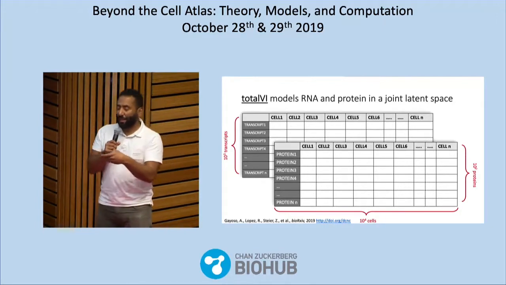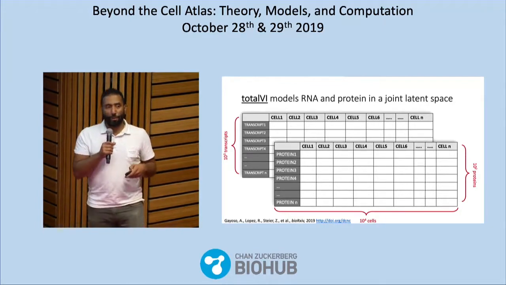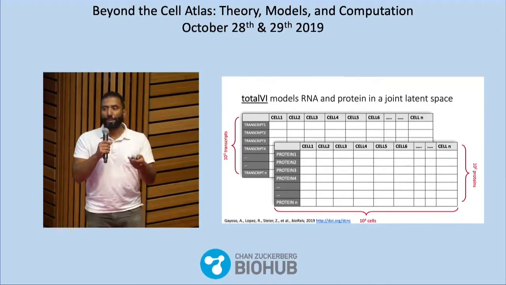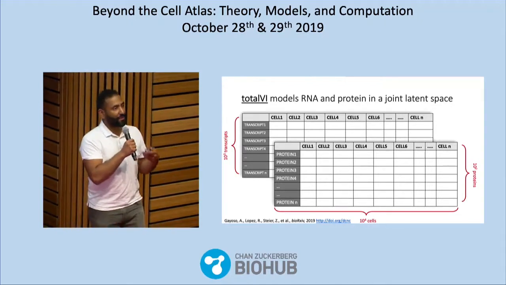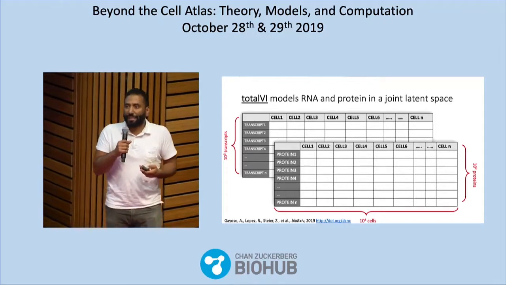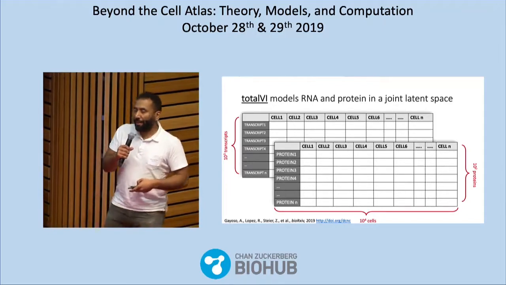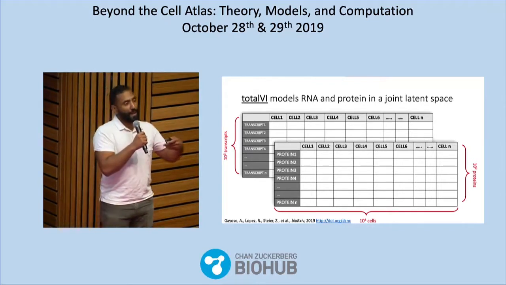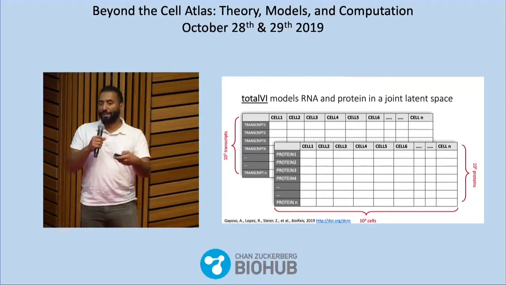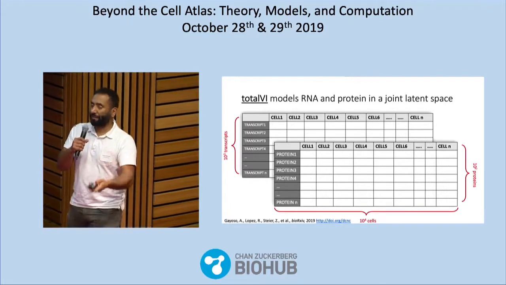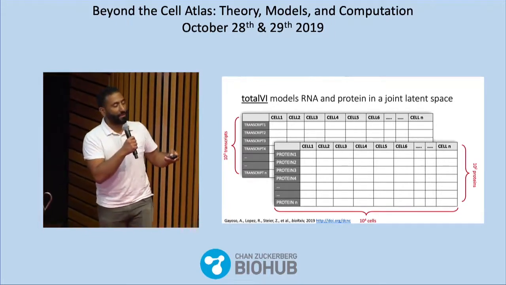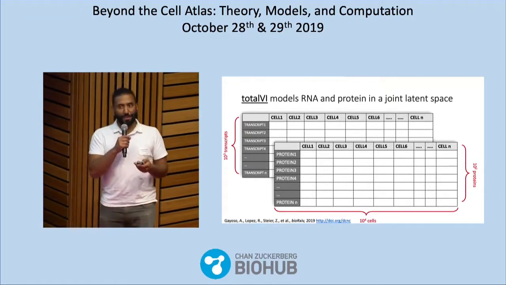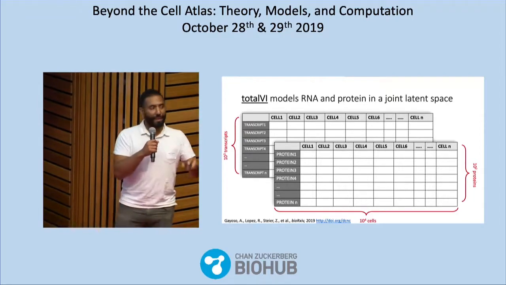And the challenging thing about analyzing this data set is that while both of these matrices are over-dispersed, the protein data and the RNA-seq data are very different in their nature. The RNA-seq data is sparse, and there's a lot of zeros in this matrix. And the protein data, however, has a very large background because you get signal from antibodies that weren't necessarily bound to your protein because of nonspecific binding or ambient antibodies. And so we need a way of analyzing this sort of joint system collectively so we can perform our downstream